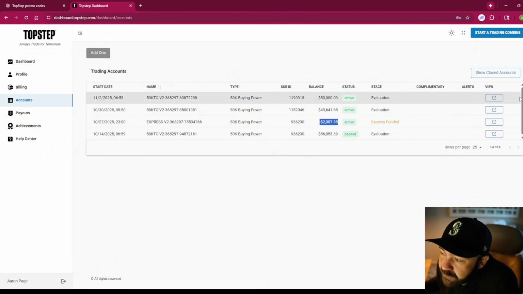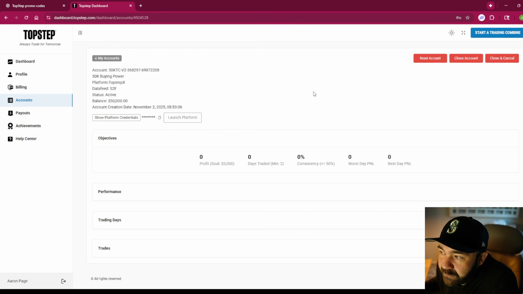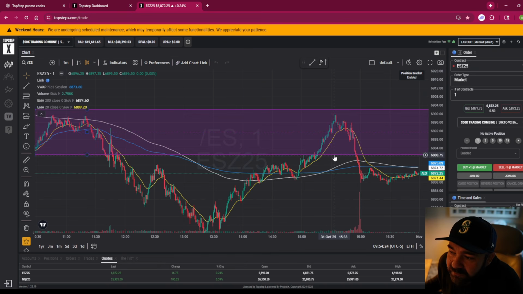So once we're in here, we'll just open this up. And when you set yours up, you'll get a couple emails. But right here, you can do show platform credentials. I'm obviously not going to click it because that will show you my credentials. I'm not going to do that. But this will give you all the details of your username, your password, everything like that to log in right here. Once you get your login, you actually go to TopStepX.com, and then it will default into this right here